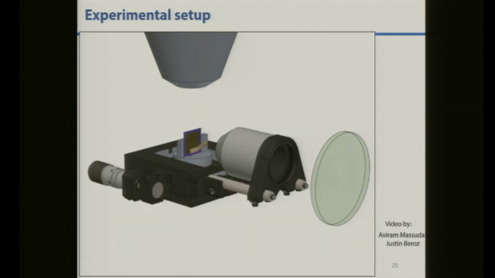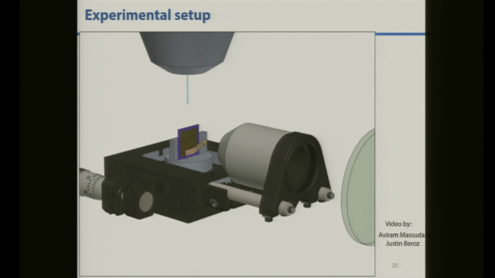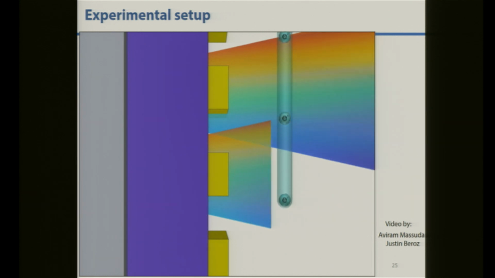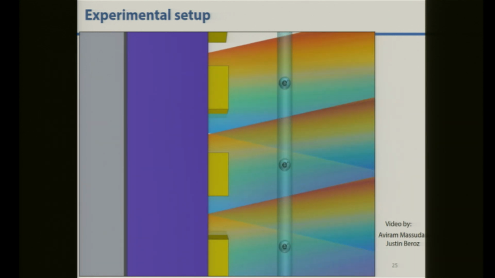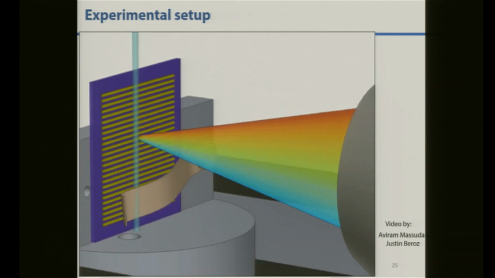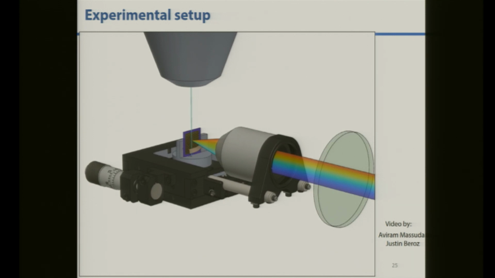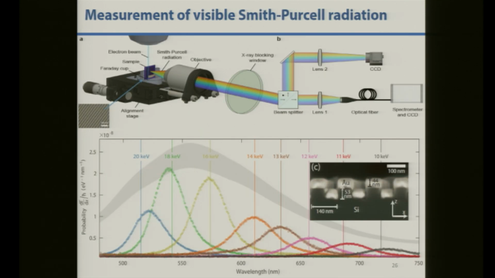So we test this upper limit with a hacked SEM setup that behaves like this. You have an E-beam coming out of the SEM, which interacts with a sample that's mounted in the SEM mount. And it can cause radiation that's collected by the objective and sent out to the optics outside the SEM chamber. So what we find in the visible measurement of the Smith-Purcell radiation with a one-dimensional grating of silicon coated with gold, we find that